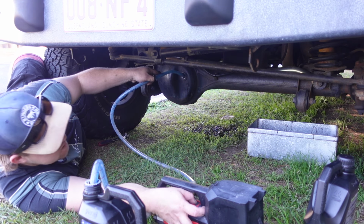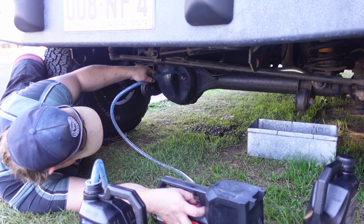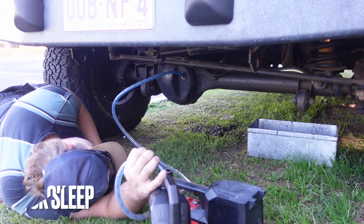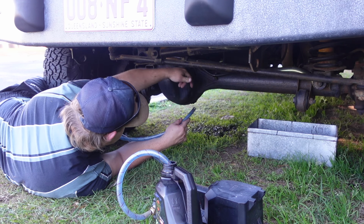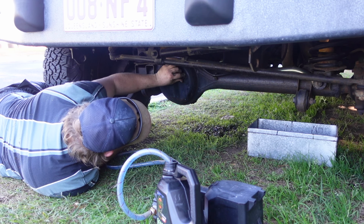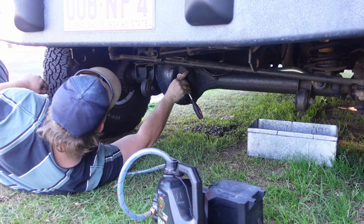And it pumps the oil through. And you just basically want to pump it until it starts coming out the top. Patrols have pretty big diffs, so this is probably going to take a little bit. As you can see, it's sort of started to run out here. So that one's full. Tighten her back up, and then basically just got to repeat the process for the rear diff. I won't show you that because you just see me do this one, but